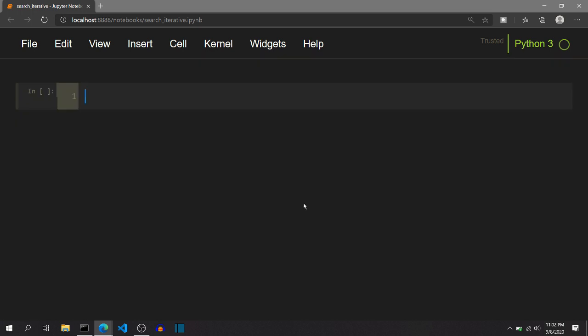Before constructing the linked list class, let's first create the node class. So I will create a class, I will name it as node. Inside this, I will define a constructor by defining the __init__ function. And apart from the self parameter, this constructor will have a data parameter so that we can set self.data is data. This data will be the data inside the node in the linked list.